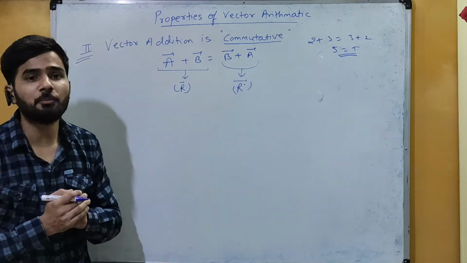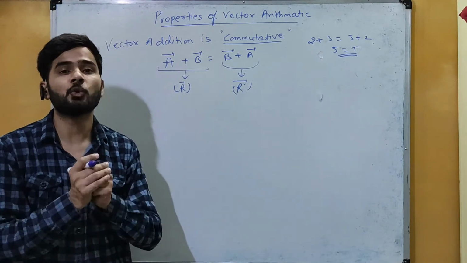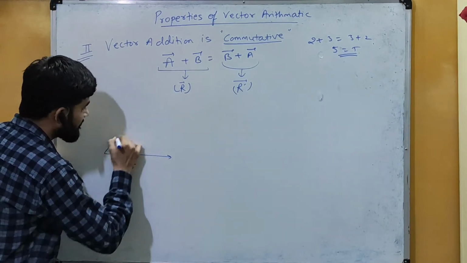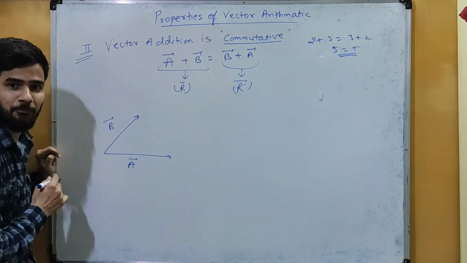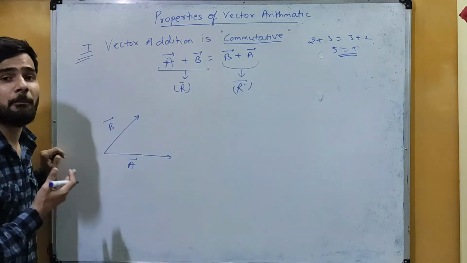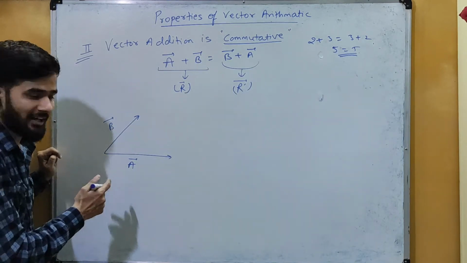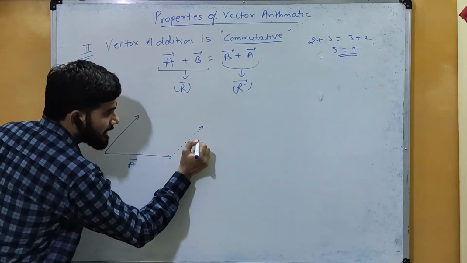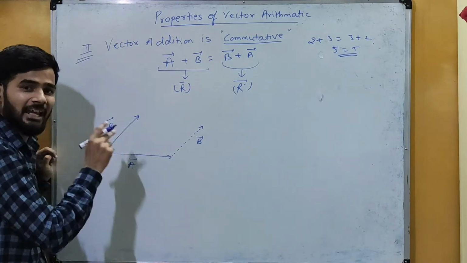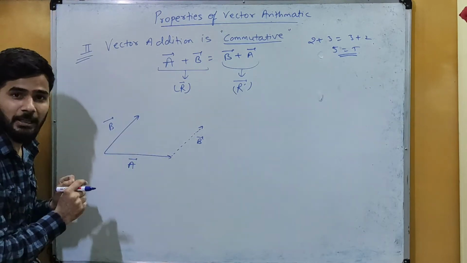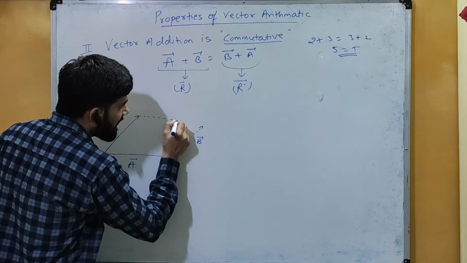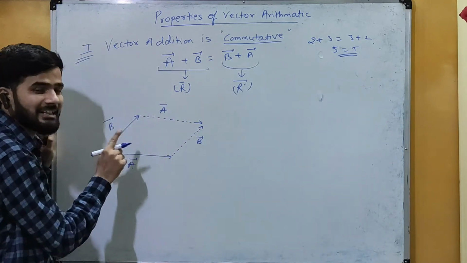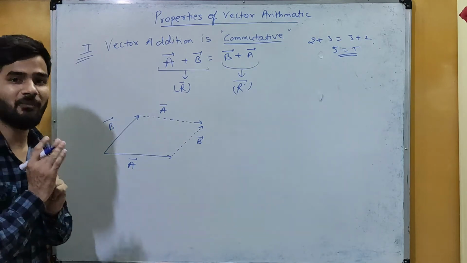Now in order to prove this commutative law, we'll consider two vectors which are co-initial. हमारे पास एक ये vector है which is vector A, and we have this vector B. Now here we'll make a parallelogram by using these two vectors. Here we will make another vector, that is vector B. These both vectors have equal magnitude and are inclined at the same angle, and in the same way we will have another vector. This is vector A and this is also vector A. They both are inclined at the same angle and they both have the same value.